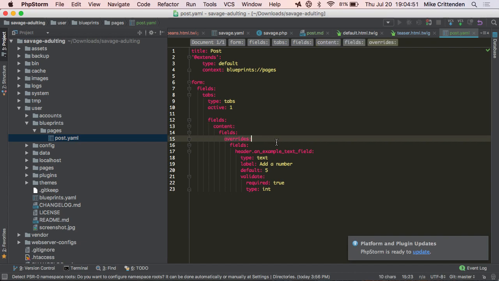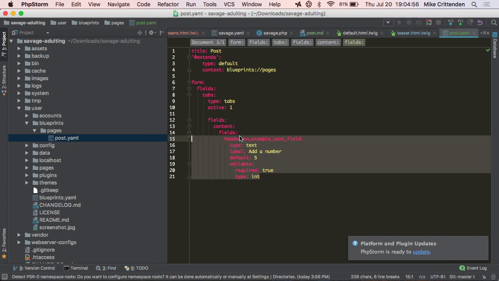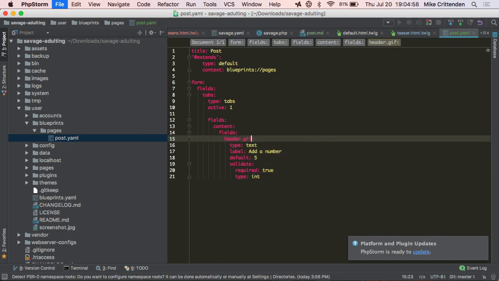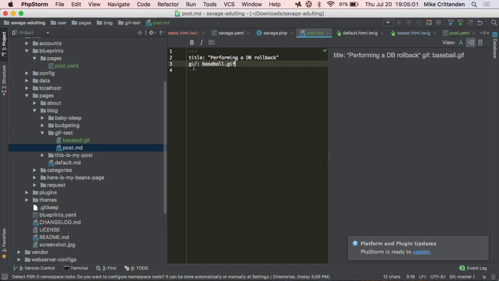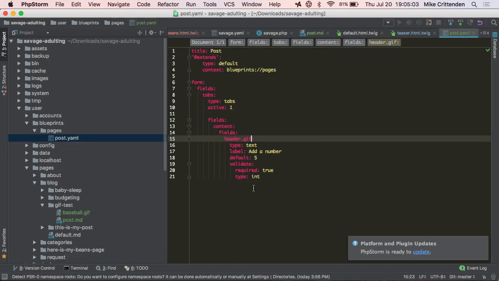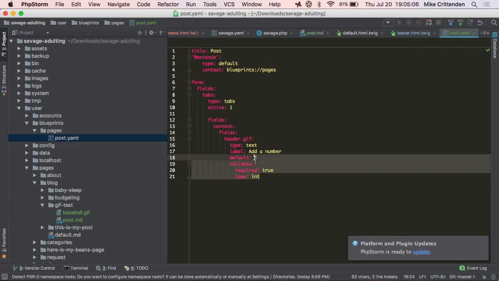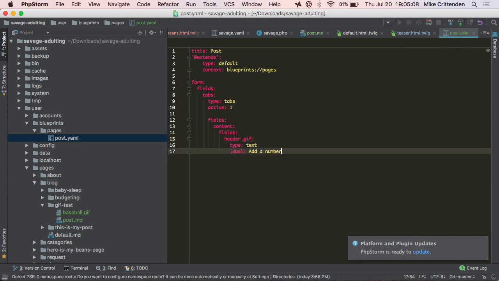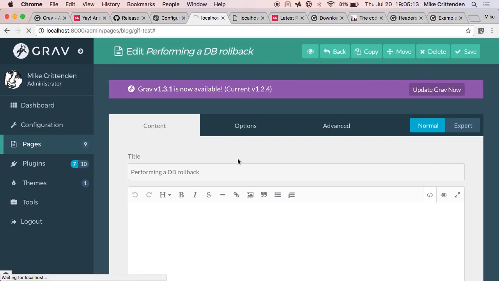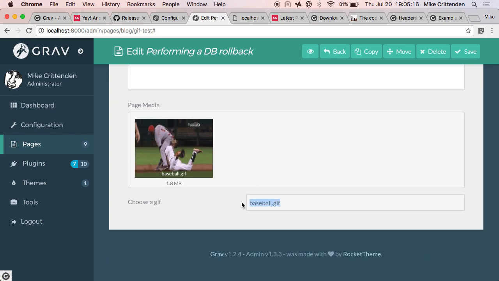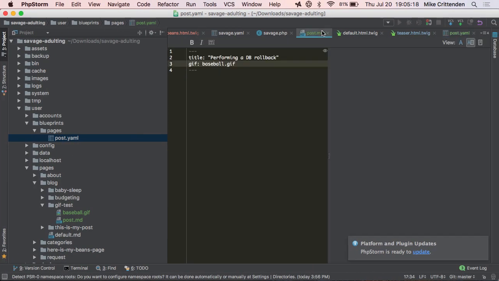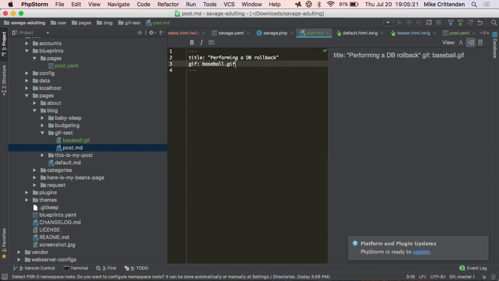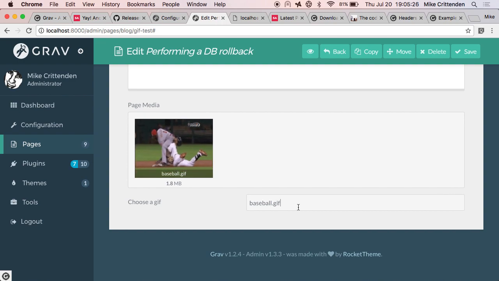And their example overrides a field, which we don't want to do. We want to add a new field. So I'll just delete the overrides part. And all I have to do is just name it the same thing that it's named in my YAML. So YAML does GIF. I'll just name it header.gif because it's the GIF field in the header. I'll delete this validation stuff and choose a GIF. So refresh, and there is a field that already is pulling from Markdown. That's nice, but it doesn't really help us because it accepts arbitrary values.